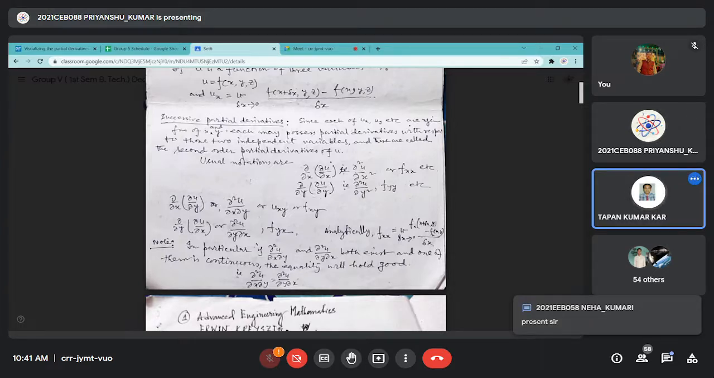But if fx and fy are continuous, and any one of fxy or fyx is continuous, then it is possible. Then these are equal. The meaning is that suppose fxy is a function. Okay, then